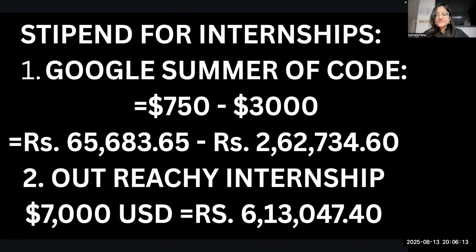Some stipend information, which is actually secondary when it comes to open source contribution, but it's an essential consideration when you are putting in such time, energy, and effort. You must know what your stipend looks like. For Google Summer of Code, the stipend is something like $750 to $3,000, which in Indian rupees, since I'm expecting the audience to be majorly from India, comes to something like 65K to